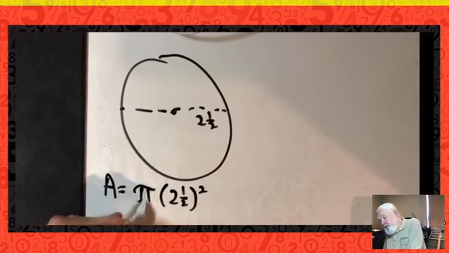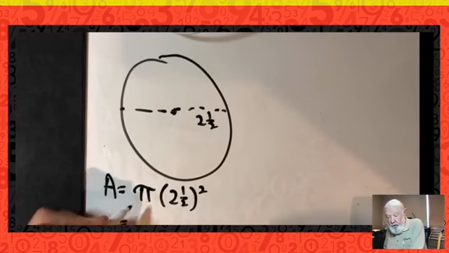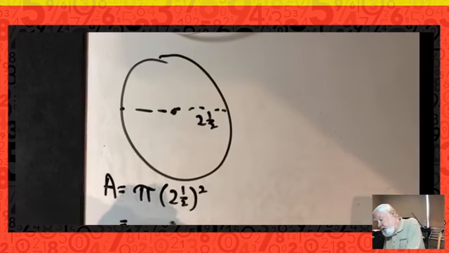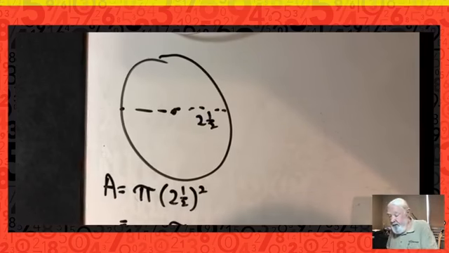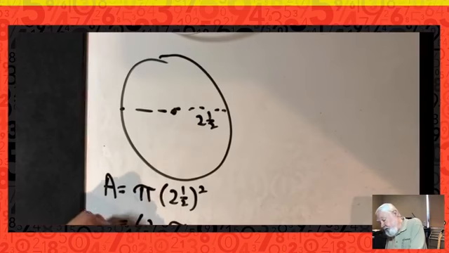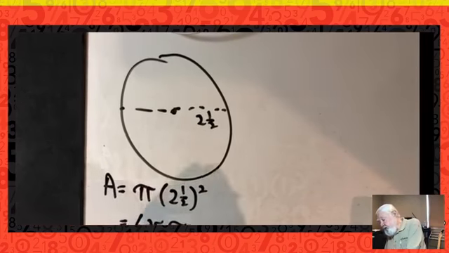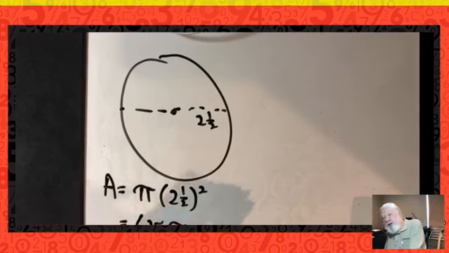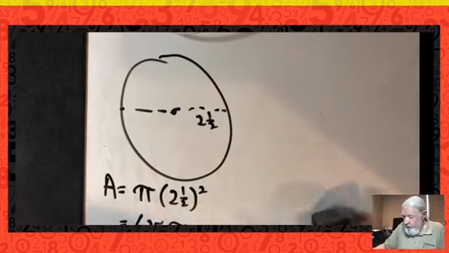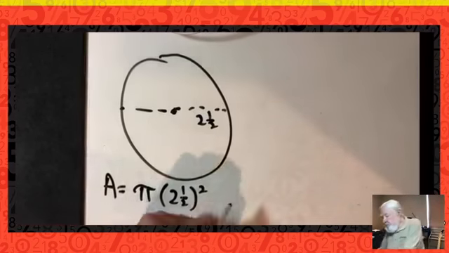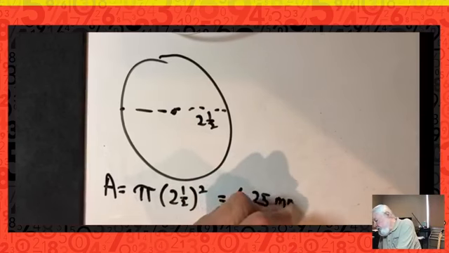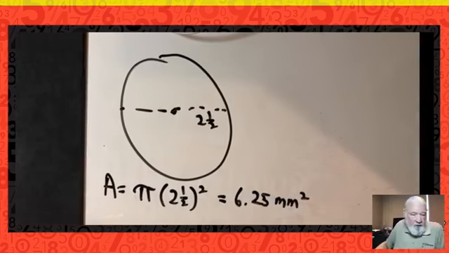Now we're not going to break pi into 3.14 or 22/7 because it asks for an exact answer. So we need to leave pi in place and multiply 2.5 times 2.5. And when we do that, we get 6.25, which I'll write as 6.25. And so it's going to be 6.25 pi, and our units were millimeters. Whoops, that didn't show up too well on the screen, so let me get that. Square millimeters, or we can also write it as millimeters squared.